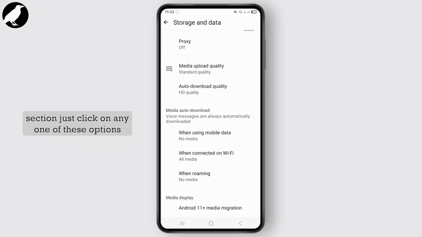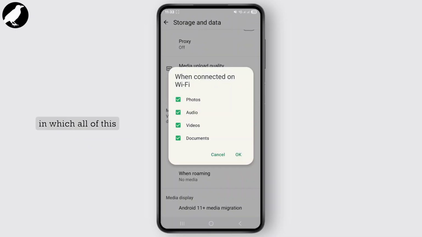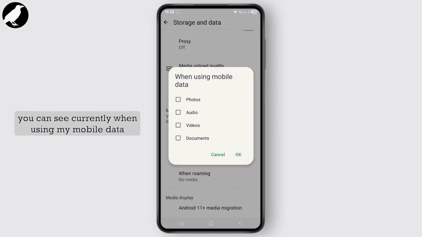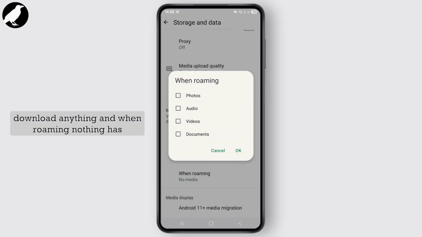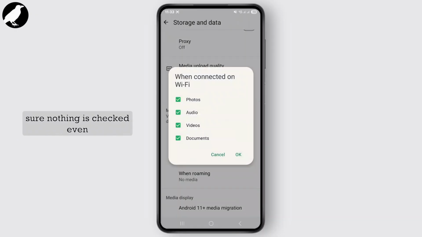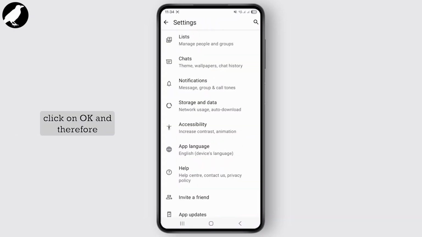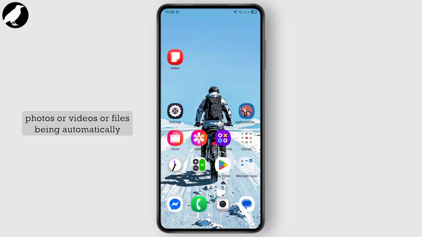click on any one of these options in which all of this media has been checked. As you can see, currently when using my mobile data, nothing has been checked, so it doesn't download anything. And when roaming, nothing has been checked, so make sure nothing is checked even when you are using Wi-Fi. And just like that, click on OK, and therefore you will no longer have any photos or videos or files being automatically downloaded from your WhatsApp onto your